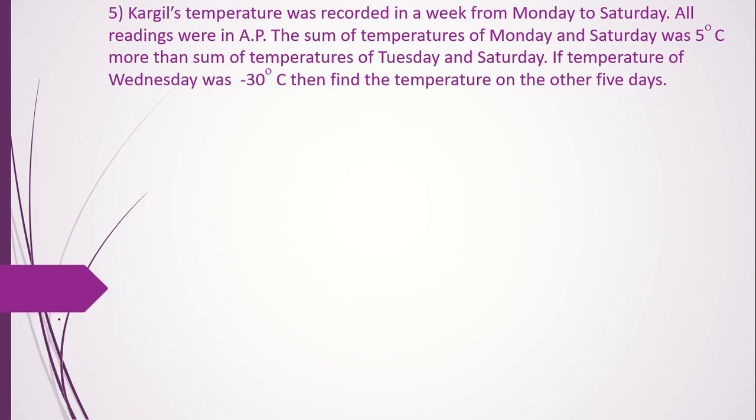Now here, they have not given us the sequence. Okay, what is the sequence? They have not given, but they have given that the sequence is in AP. So what is the sequence that we will find? Okay, now temperatures are recorded from Monday to Saturday. Sunday's temperature is not recorded, right? So there are 6 readings from Monday to Saturday. So Monday was, let's say, first. So on Monday, we assume that it is the first term T1. We assume that Monday's temperature be A. First term T1 we assume to be A. Monday's temperature was A. Then Tuesday's temperature.